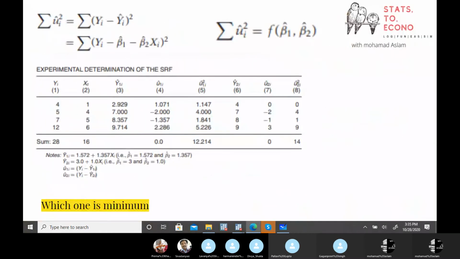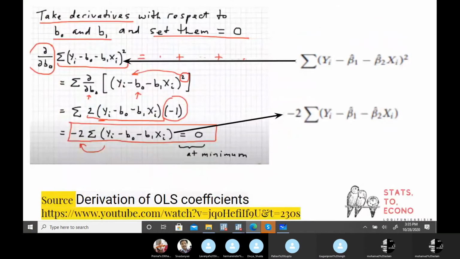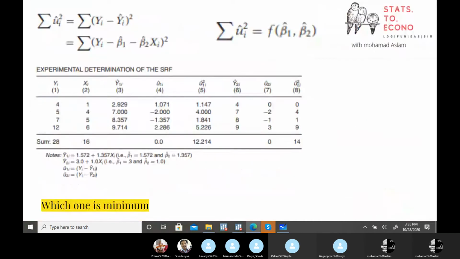So let's start with this particular function. We are going to minimize it, means we are going to estimate beta 1 and beta 2 in such a manner which will give a minimum value for summation u hat square. So the minimum value, the least value possible, is 0. And this is the property of maxima and minima, that the first order derivative is equal to 0. So we are going to differentiate this particular equation with respect to beta 1 hat and beta 2 hat, putting the first order condition of the minima function, which means the first order derivative is equal to 0.